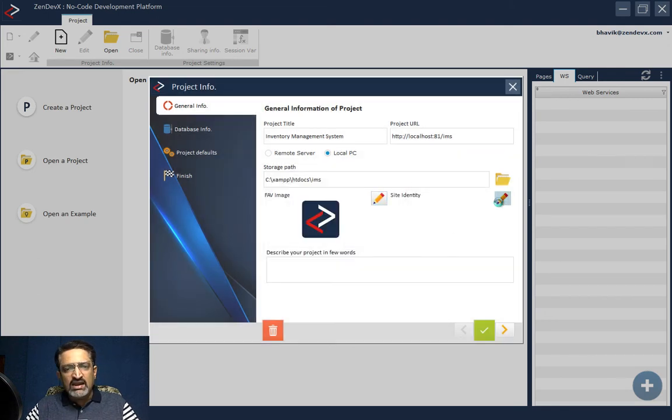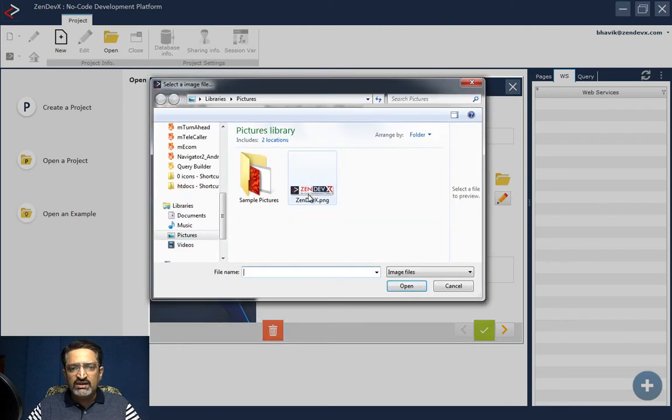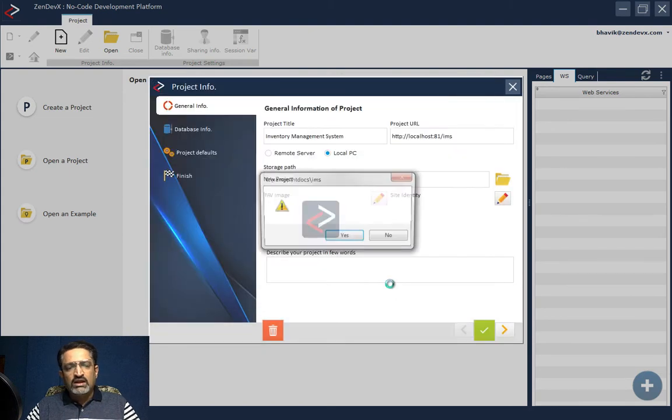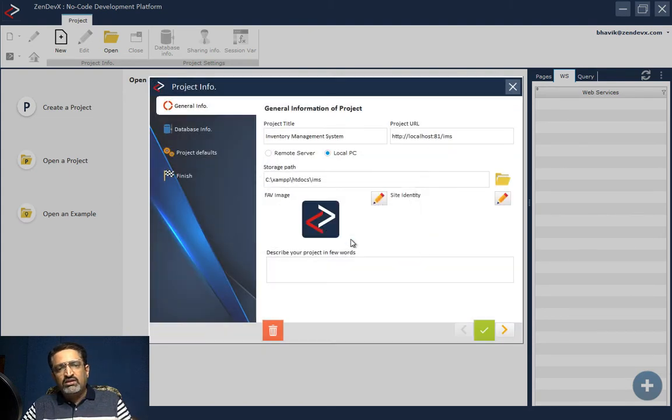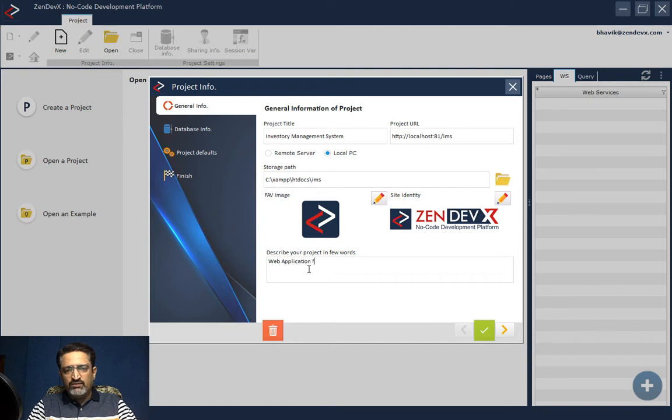And for the site identity, I will choose the logo. Again, we will copy the file into the destination folder and we need to describe the project. So it's a web application for inventory management system.